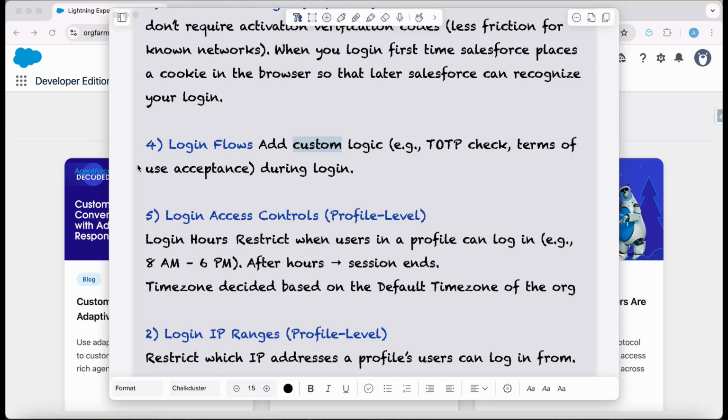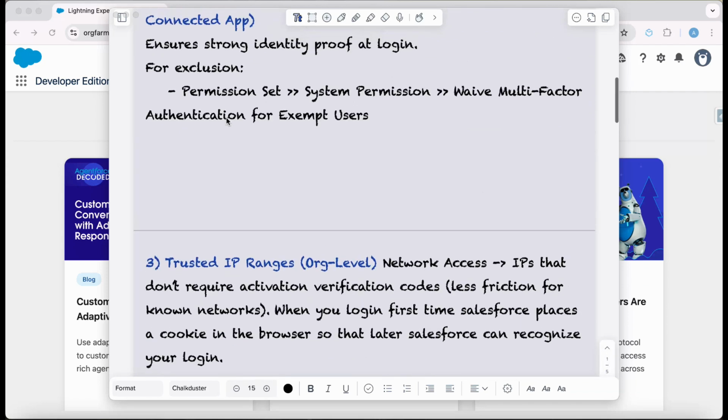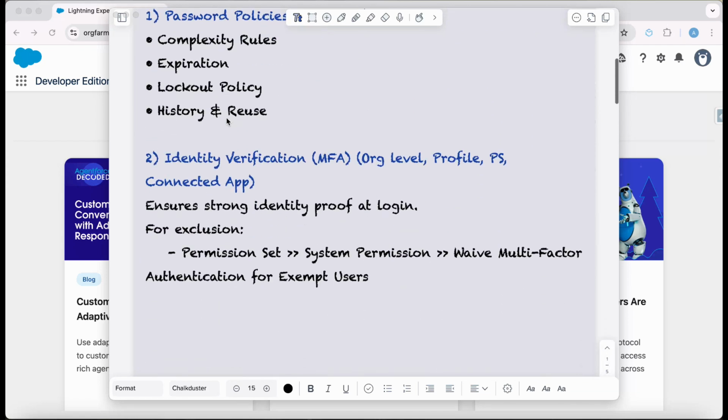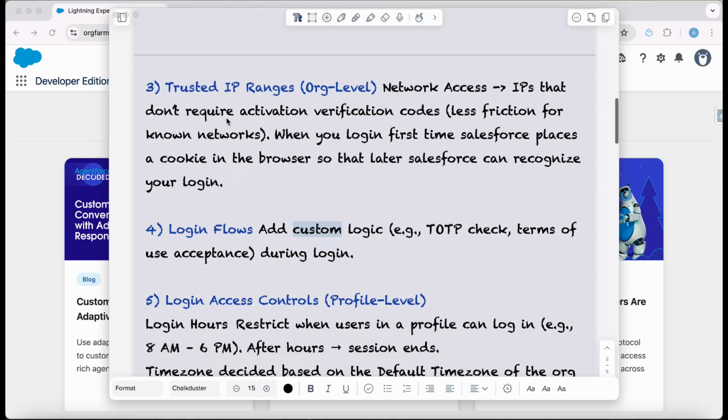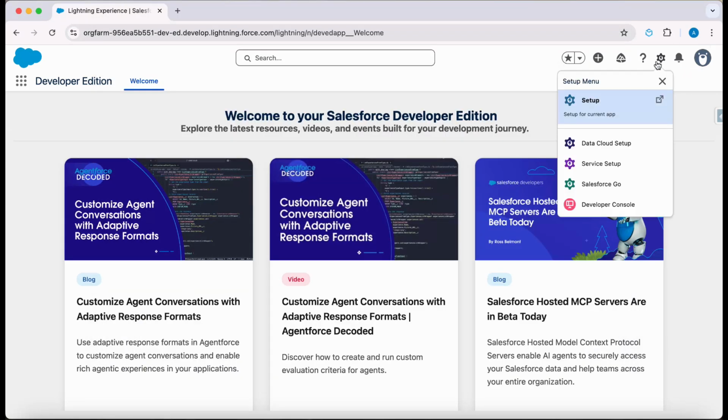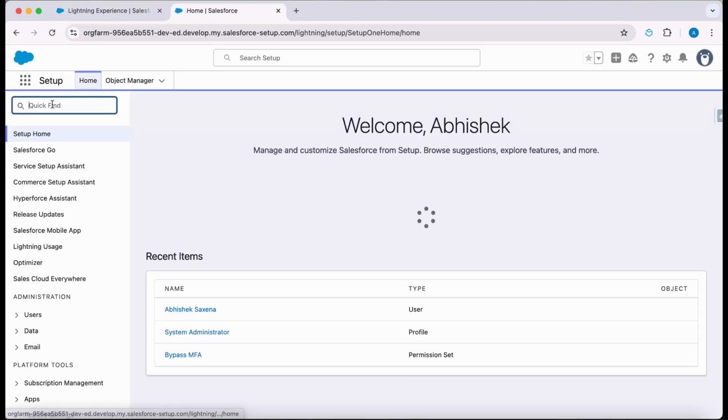Login flows is another feature added by Salesforce which allows the user to add their custom logic. If you look at the other logics, they are predefined mechanisms from Salesforce and you do not have much to modify over there. But in login flows, you have the opportunity to customize it as per your org needs. So for that purpose, let's go to setup, and under setup, first thing we will do is make